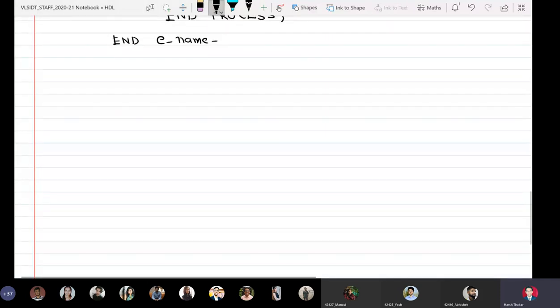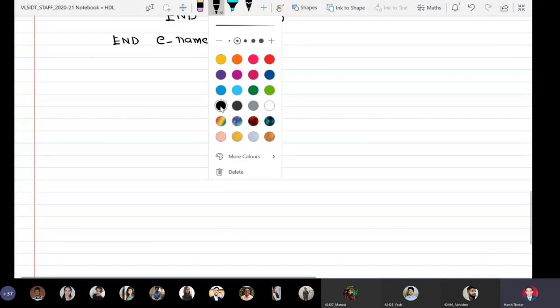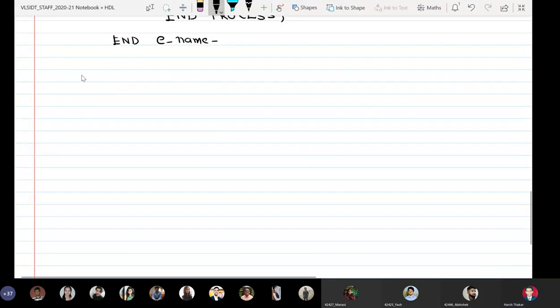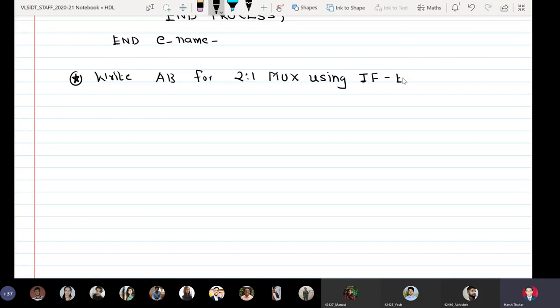We'll use the construct A and then the construct B. Write architecture body for 2:1 mux using if else clause.